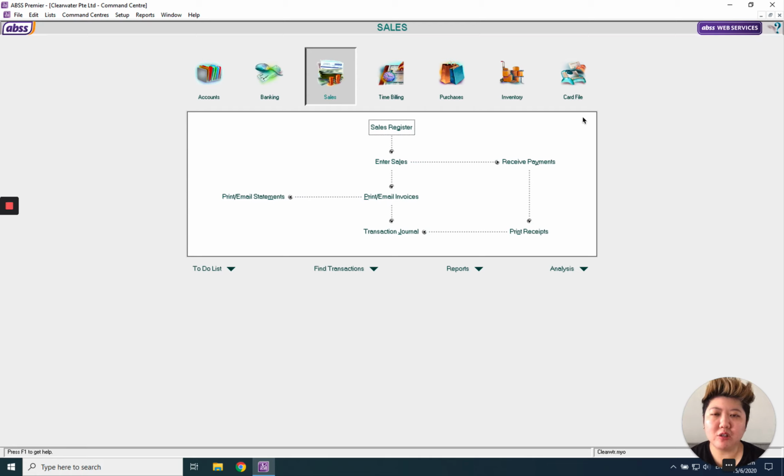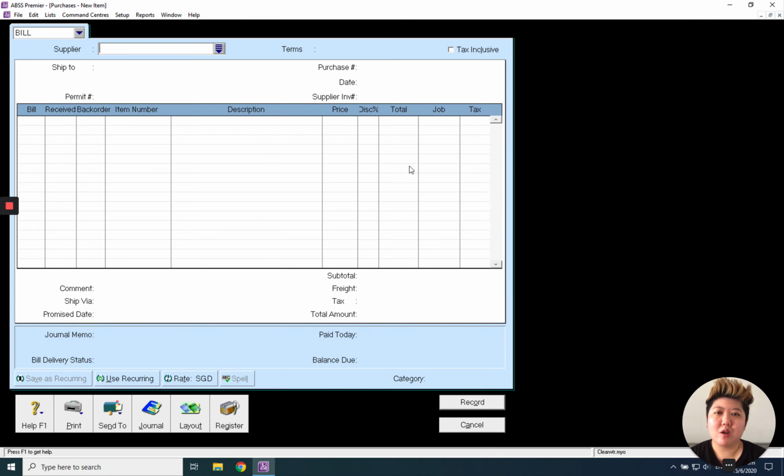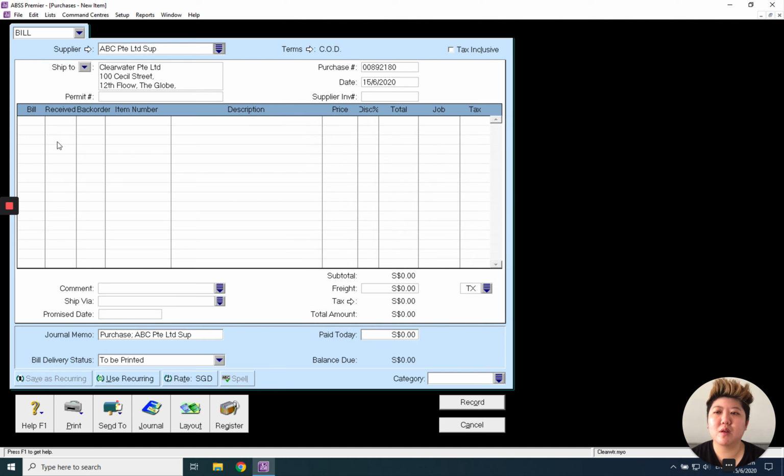Hello everybody, today I'm going to introduce how to enter a purchase bill, which means a supplier invoice, into the MYOB ABSS system. Go to Purchase, Enter Purchase, take out the supplier invoice and select the supplier name and key in the supplier invoice number, for example MB,